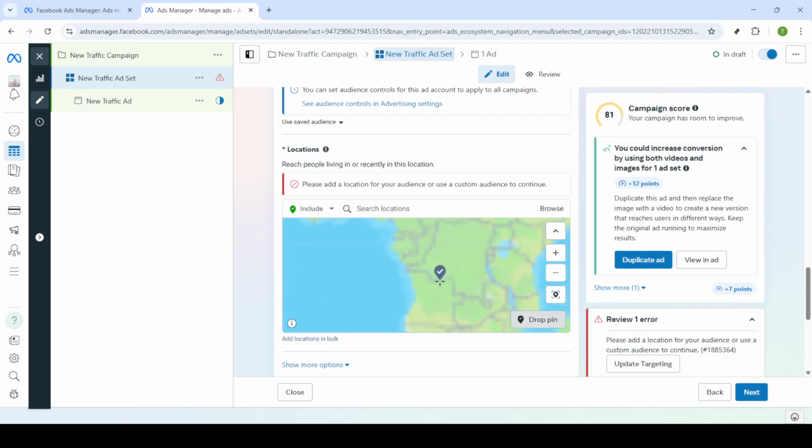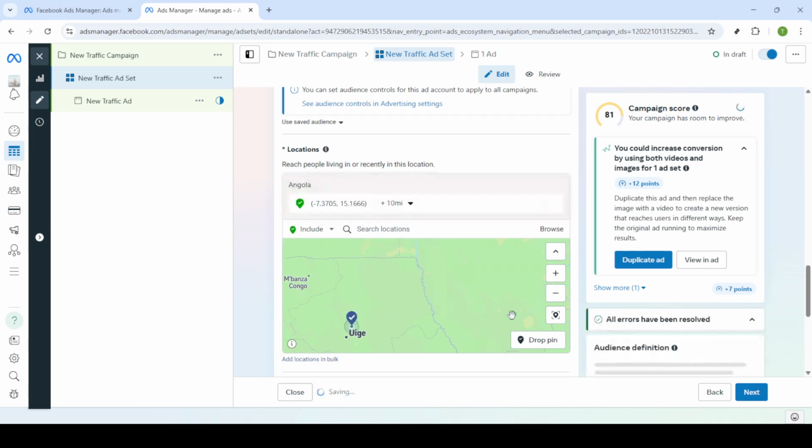If you have particularly precise targeting needs, you might want to use the drop pin feature. This allows you to pinpoint exact locations on a map, including well-defined geographies such as a radius around a location, to further refine who sees your ads. For fine adjustments, you can modify the radius of your target area to widen or narrow your reach accordingly. By following these steps, you should notice a significant improvement in how your audience responds to your Facebook ads, as they are now optimized for more